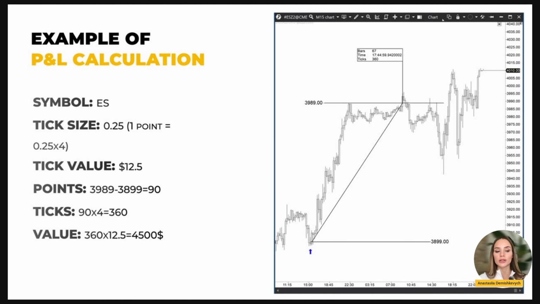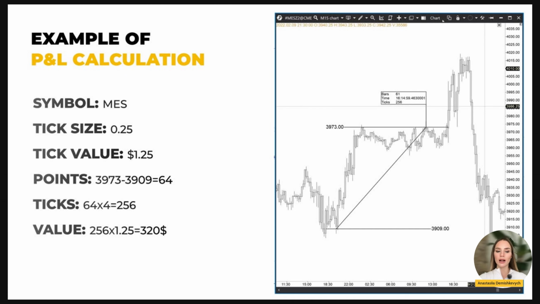Since each point equals 4 ticks, this would be 360 ticks move. The total value would be 360 ticks multiplied by 12.5, which gives us a result of $4,500. So, in this example, you would make $4,500 if you held the contract from $3,899 to $3,989. Now, let's look at the similar calculation, but for the micro and mini S&P 500 contract, where the tick